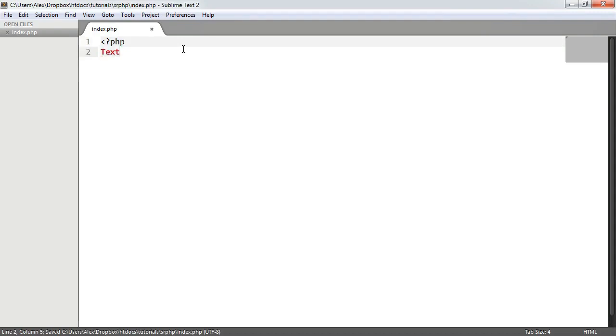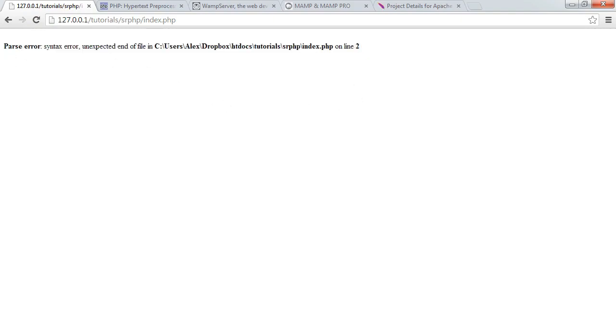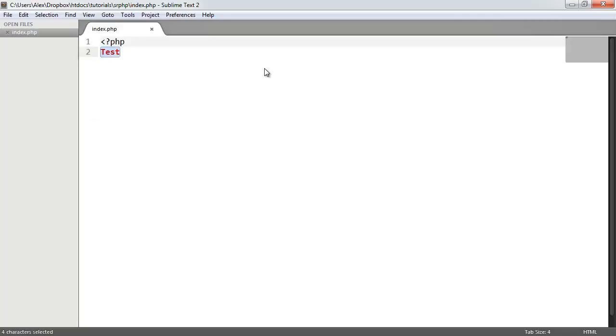So when I type text down here, and I refresh, we actually get an error. This error is PHP trying to interpret this file and erroring, because this is not valid PHP syntax. So let's create an example here, and we'll see how we can output something. We do this using echo. What we're now saying to PHP is, please output what I'm about to tell you as content type text/html. So now I can say test, and that will simply output test